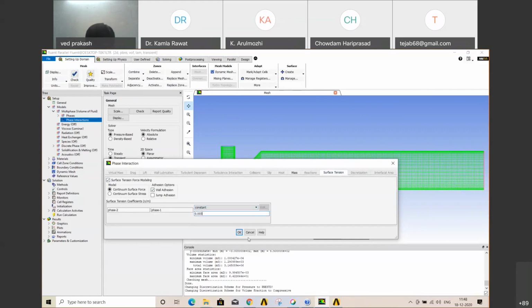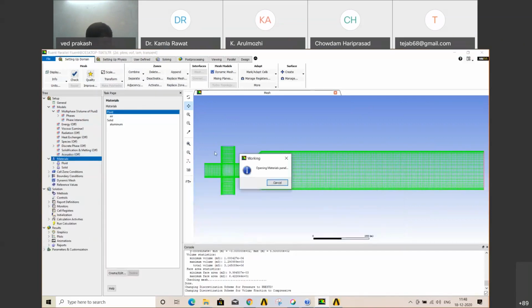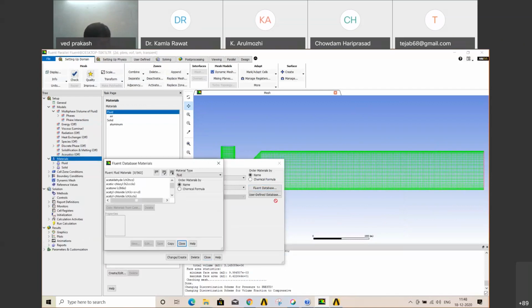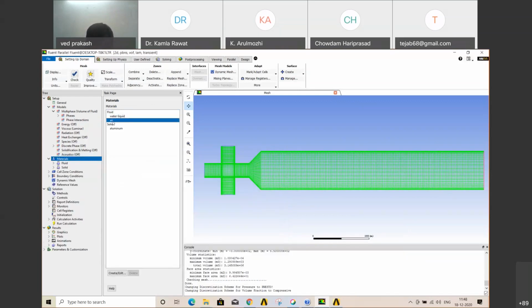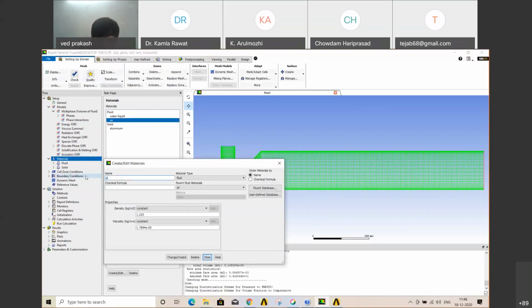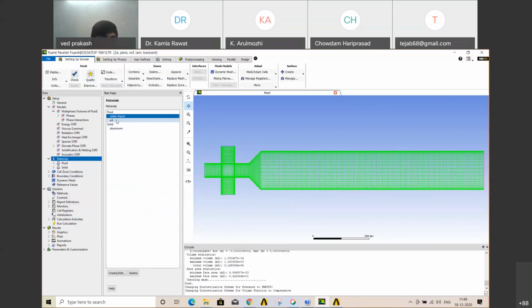0.005. Fluid, so one is water only. So go to the Fluent database. Water is already there, you just have to copy. Now, one is water; we don't require air, we need oil. So convert it to oil. Take a density of around 1000, viscosity 0.00671. All right, should be good enough. Change and overwrite, yes, close. So we have created our fluid.